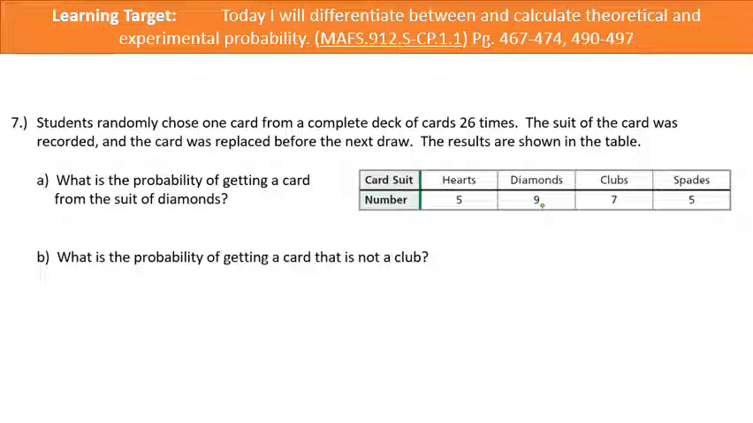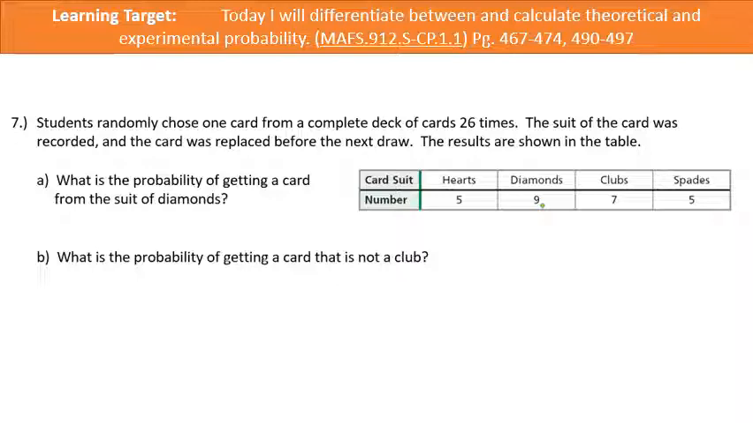The card was replaced before the next draw. That's important because that means every time we draw, there's still 26 cards. So the probability is not changing as we're drawing these cards. That would be complicated if it did change. We might talk about that down the road, but not today. If I add these up, 5 plus 9 plus 17 plus 5, that should be 26,